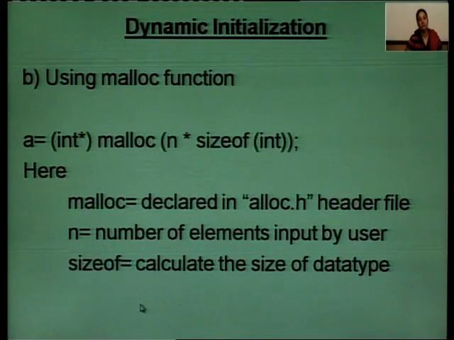The second method is using a malloc function. The malloc function is stored in the stdlib.h header file, and we have to declare it in the header file and use that function to allocate the memory at runtime. Here the syntax for it is A is equal to int star, star is a pointer variable here, then the malloc, n is the number of elements input by the user, then there is a multiplication sign, sizeof is an operator,